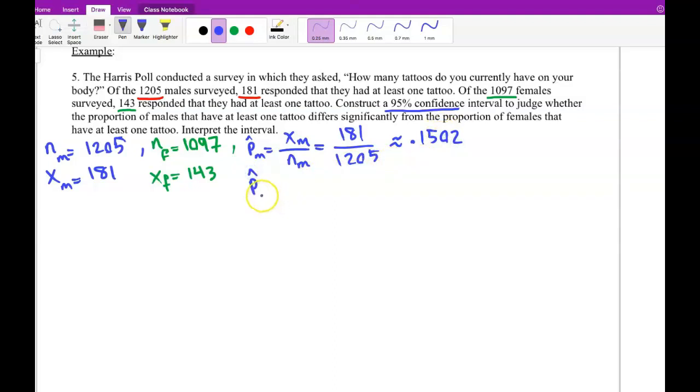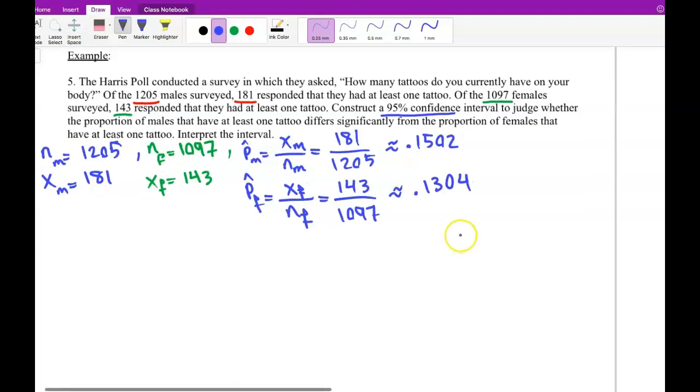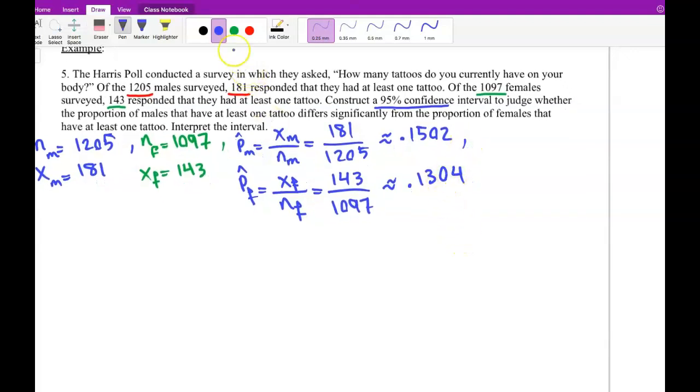Now P hat for females, X divided by N, X is 143. Rounding it, the answer is 0.1304. Okay, then